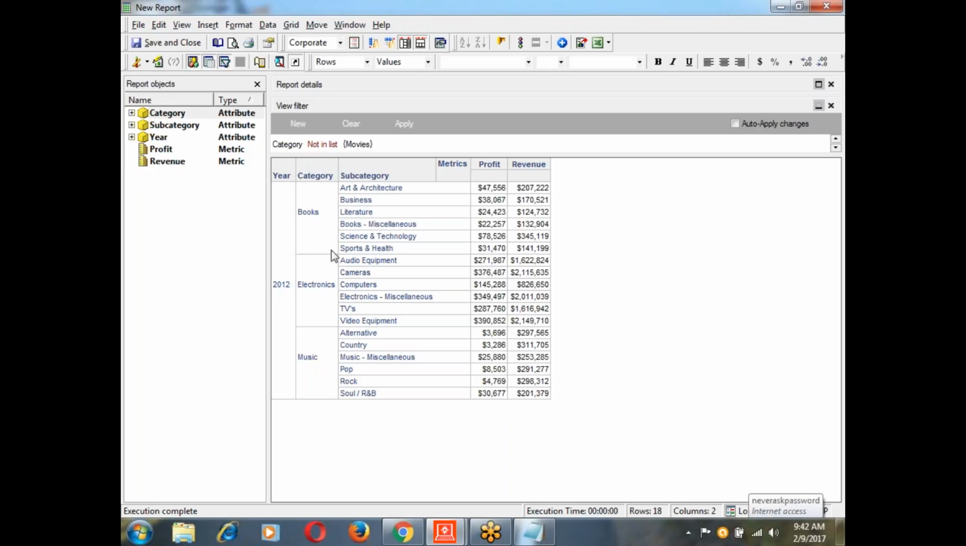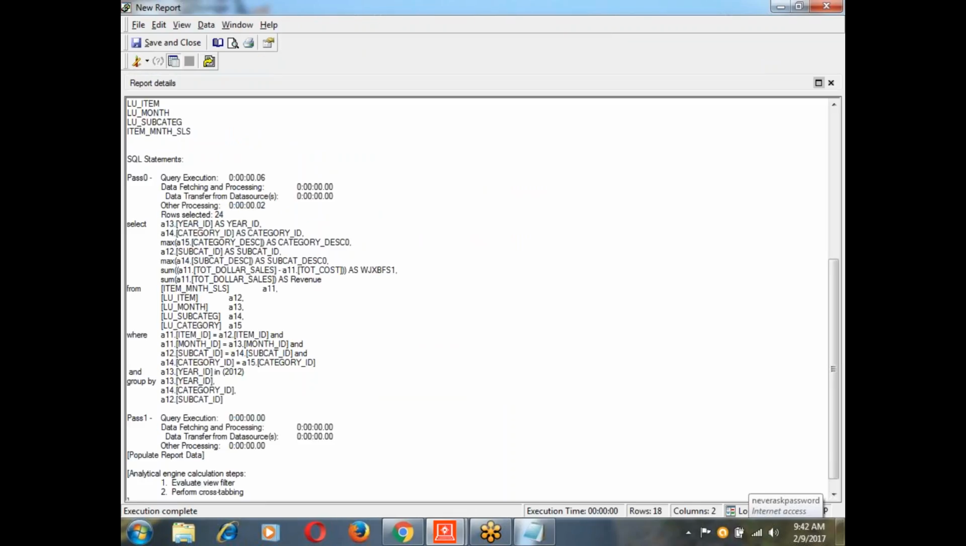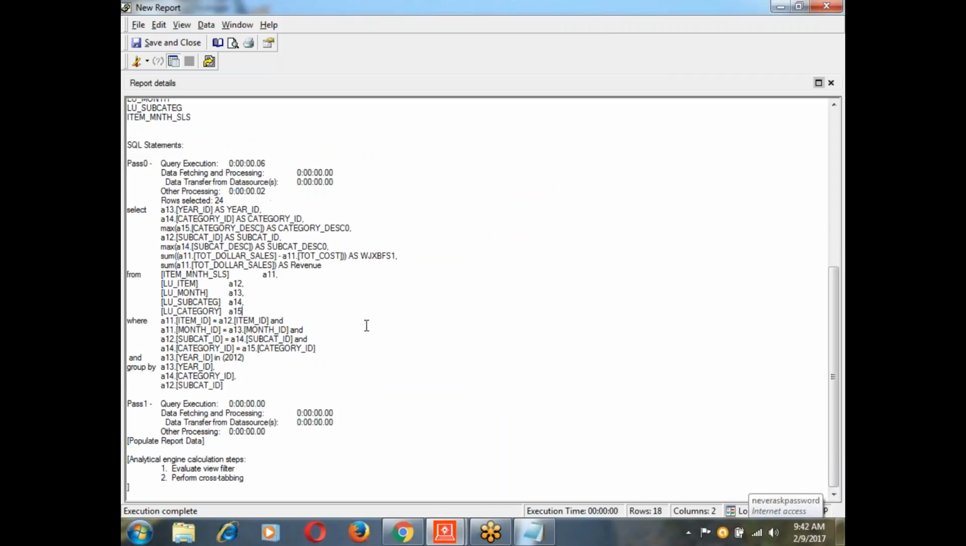So now on what have you applied the condition? You have applied a condition on category, not in list movies. Let's get to the same SQL. So I just go to SQL. In the SQL view, just try to observe here near the year. So year ID in 2012. If you look at this specific thing, year ID in 2012, you see a condition defined here, and